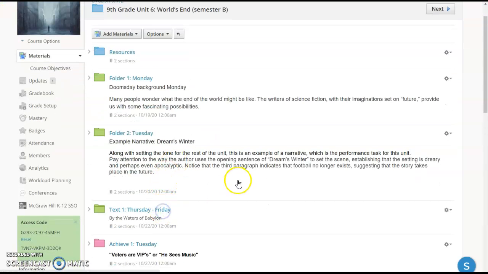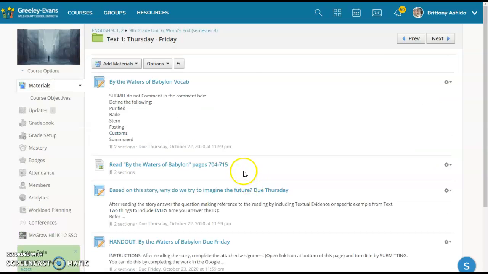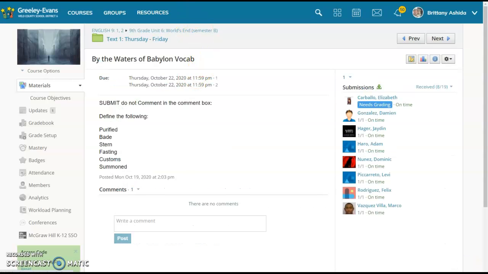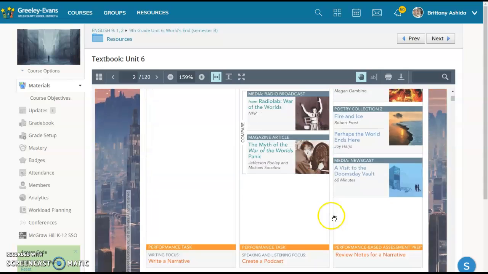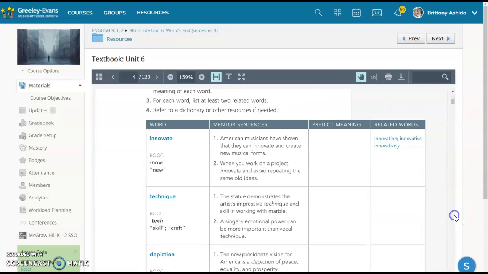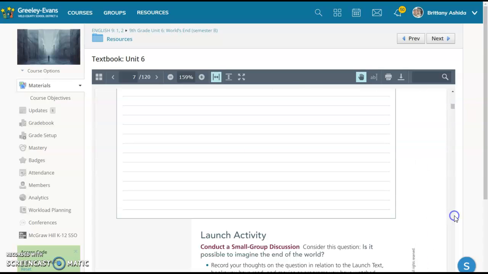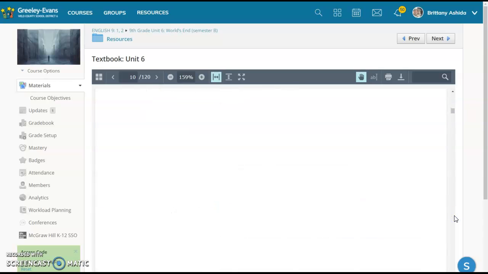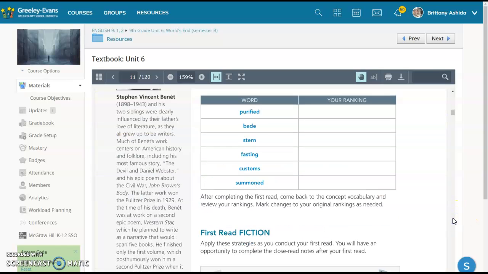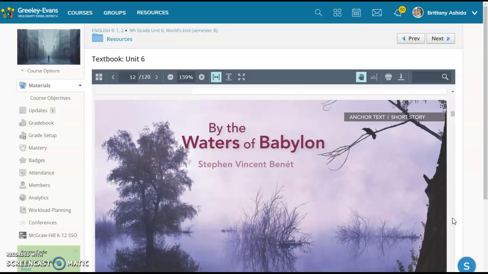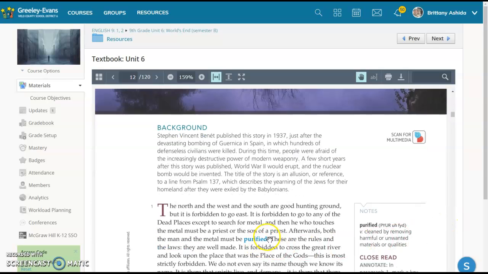Our Thursday, Friday folder then was actually reading our first text instead of our narrative example. You start with a vocab. I do suggest you go into the text and actually read the text so that you guys can see the vocab words as they are written in context, and the definitions that are specific to the text you are reading are available on the side. So, By the Rivers of Babylon is the first text. There are our vocab words. And then once the text starts, the vocab words are blue,